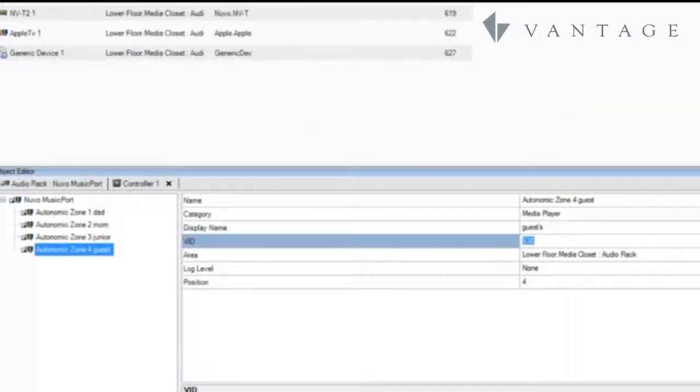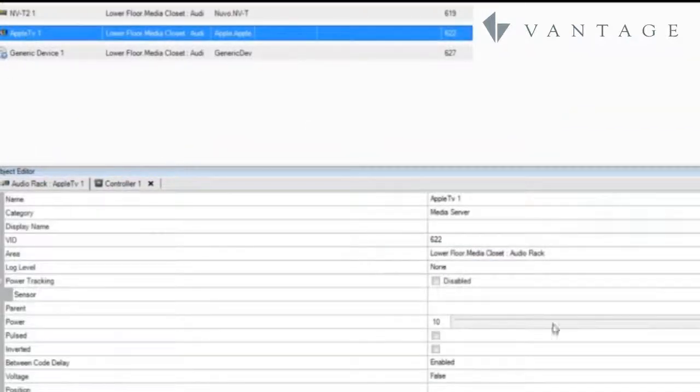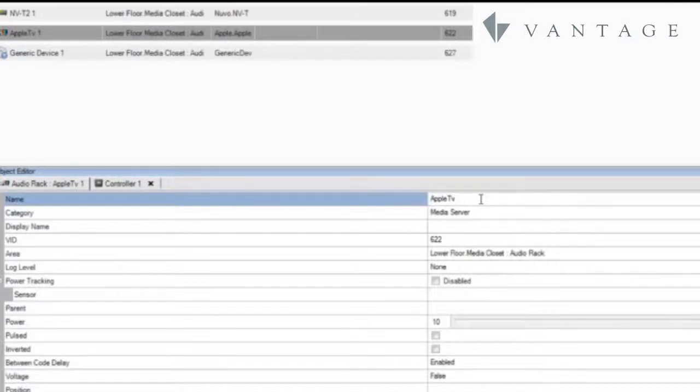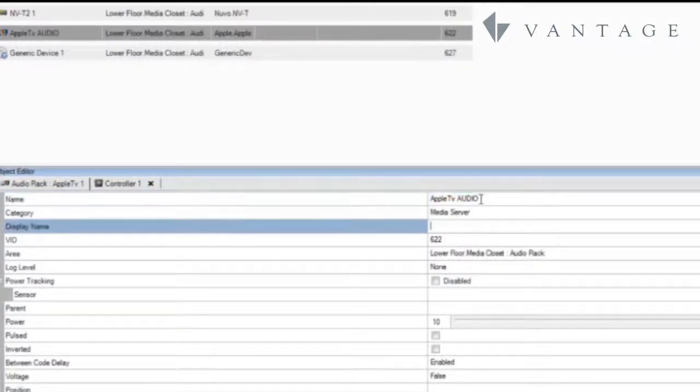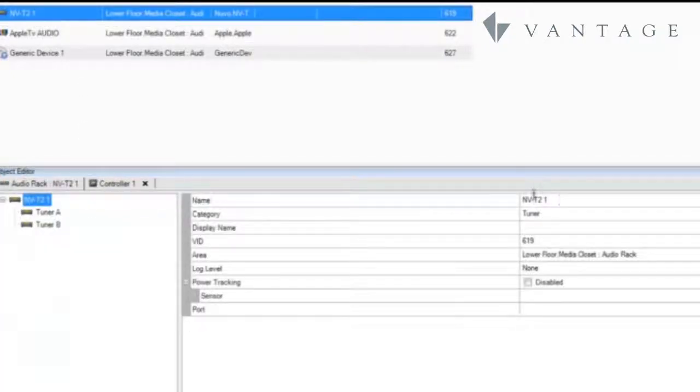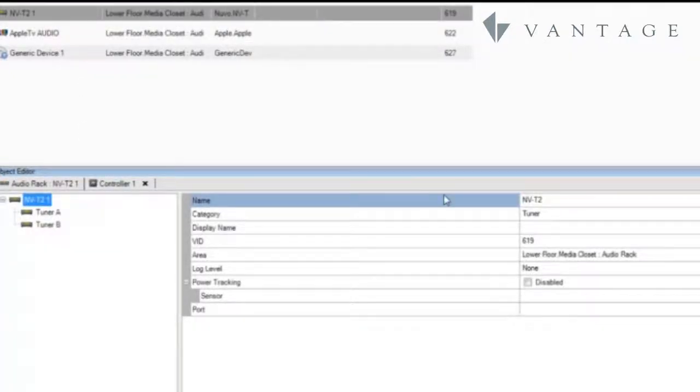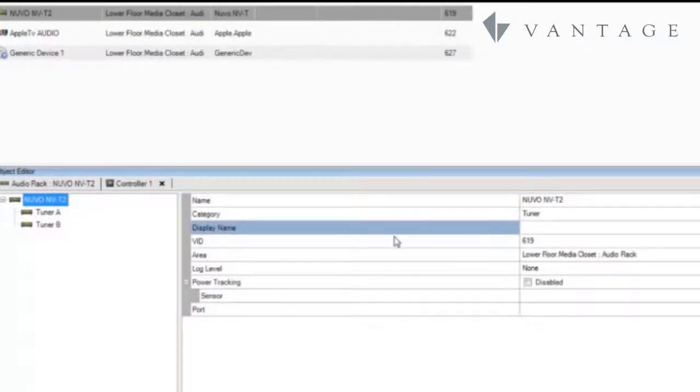All right. With the Apple TV, in this particular case, we have more than one within the project. The other is for streaming video services. So let's designate this one as for audio for our reference. Now there will be no such need to do this for the user, so we'll just call it Apple TV in the display name. For the dual tuner, let's include the manufacturer in the name and we can drop the 1. So it's a Nouveau NVT2. Now the customer won't see this parent object, so we won't worry about the display name,